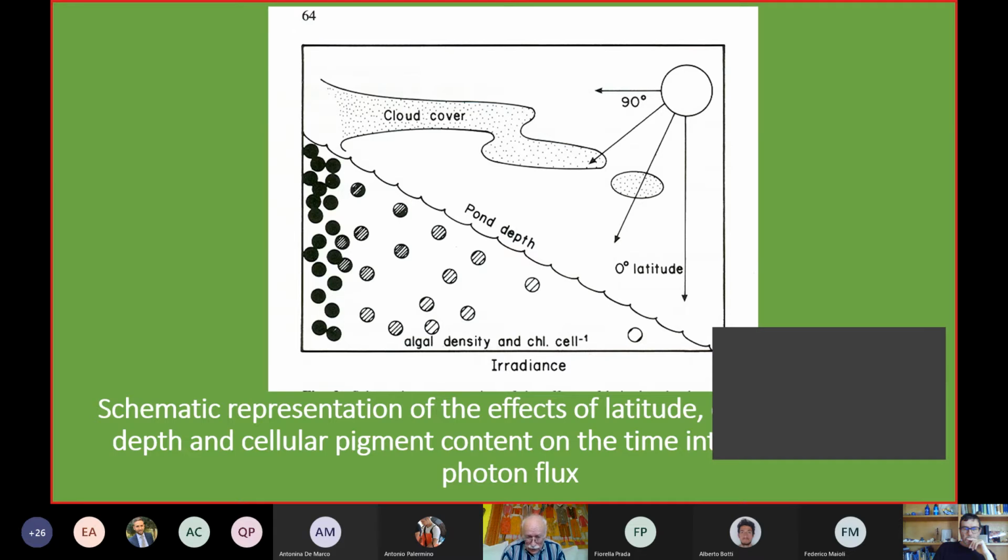You can also change the concentration of the algae. So the higher the concentration, there will be less light absorbed by each one of the cells, because part of the cells find themselves in the shadow of other cells. So here you start thinking, you want to make money, you start thinking where you grow the algae, where you set up your systems, what depth you make them, and what concentration you allow the culture to reach before you harvest.